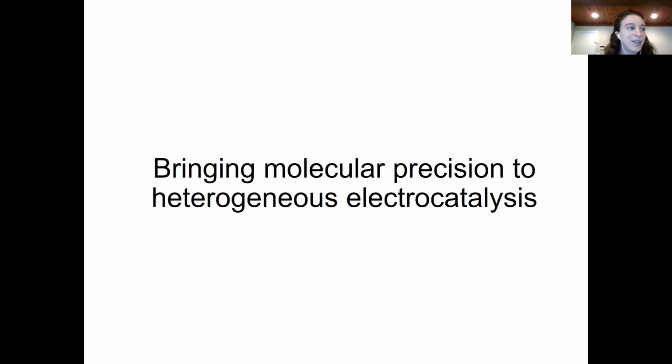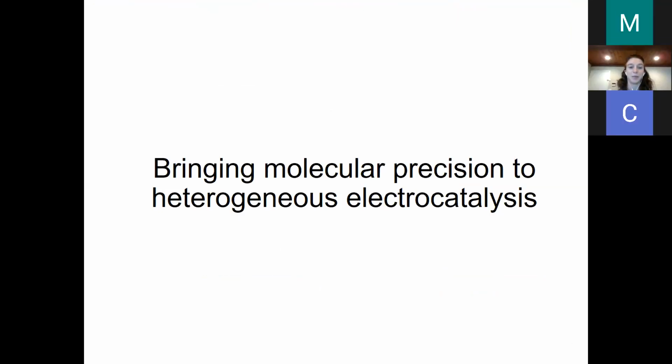So now I want to tell you a little bit about my research, which was looking at bringing molecular level precision to heterogeneous electrode catalysis. So I've already set up the problem a little bit. We like molecular catalysts because we have so much control over them, and we can get structure function relationships, and we can understand that Marcus theory is governing the rate of electron transfer in the outer sphere steps. But at a surface, we have so little control over individual sites or knowledge of what the active sites are that it's hard to have as molecularly precise a view of what's happening on the surface, which makes it really hard to rationally design catalysts.